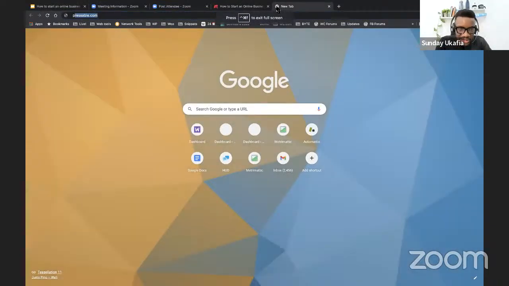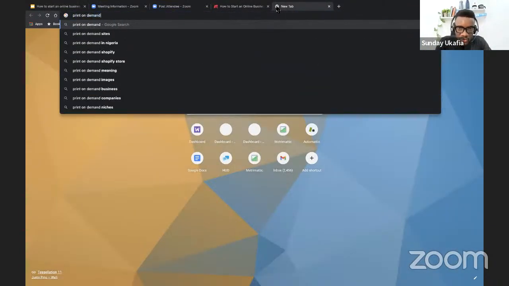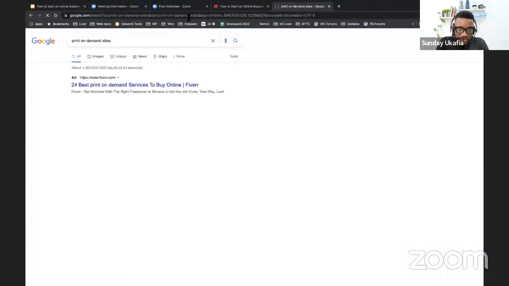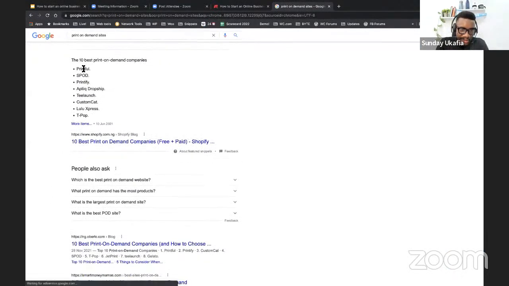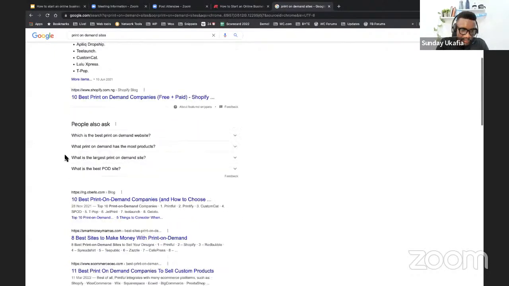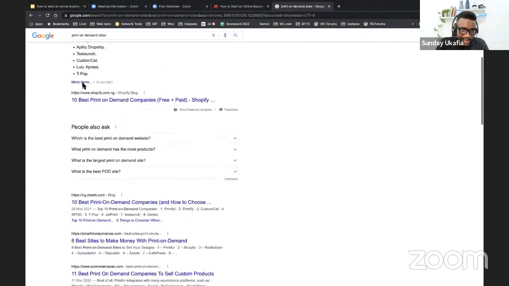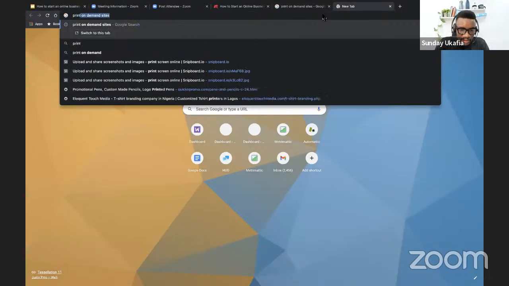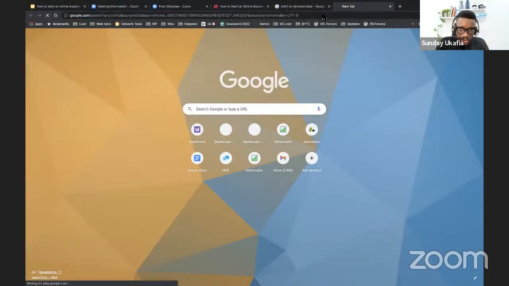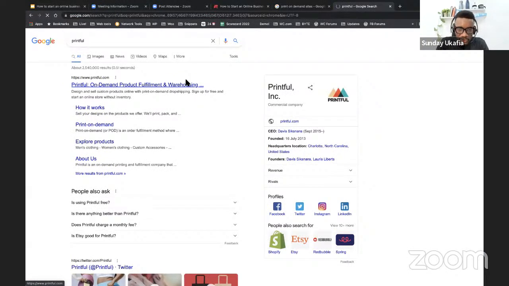So if you do print on demand websites, I don't want to go straight and show you one or two websites. I like showing people how to find things. So I want you to see how you can also find this site on your own. If you just Google it, you can see a whole lot. One of them that I like is Printful. You can see the list. If you go to printful.com, let me just Google it. So if you go to printful.com,